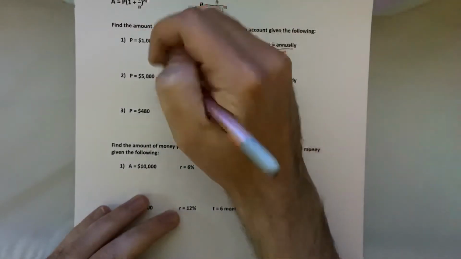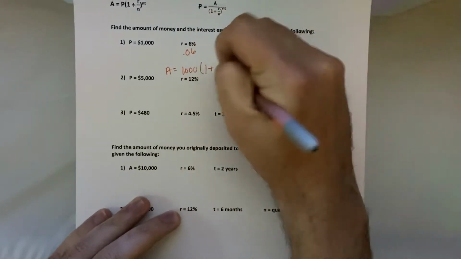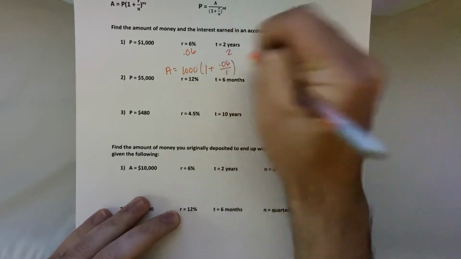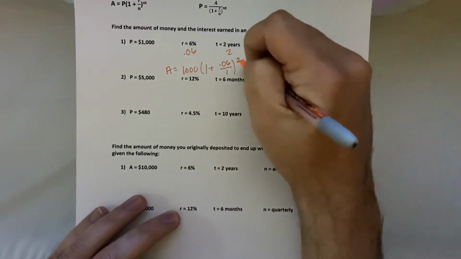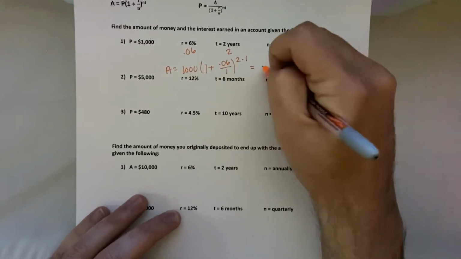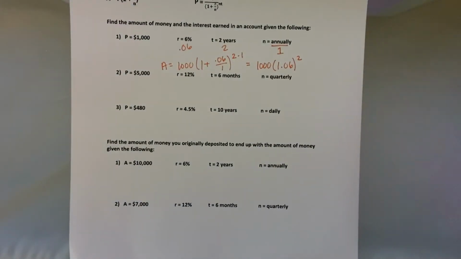So I'm finding A here. A equals 1,000 times 1 plus 0.06 over 1, to the 2 times 1 power, or 1 times 2. It doesn't really matter, but if I clean this up, this is 1,000 times 1.06 squared, which you can do. So let's see what this looks like when you put it into the calculator. You've got 1,000 times 1.06 squared, which is